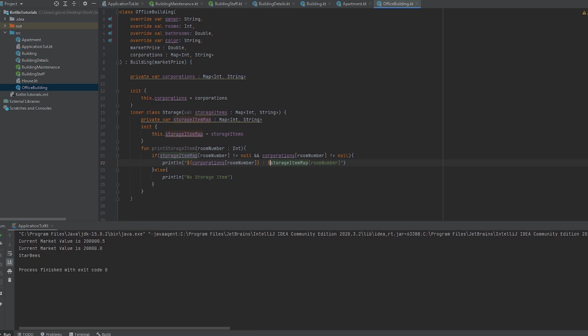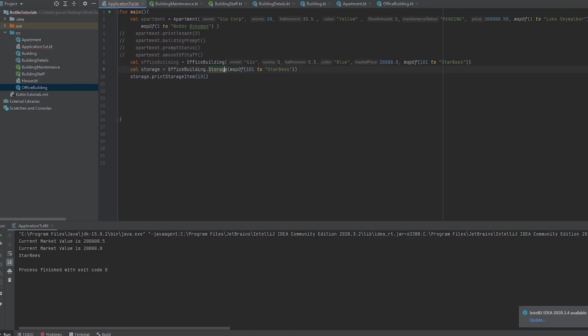Oh, I missed the $. Then plug that in there, and now we should be good to go. Alright, so we got to make sure that the map is holding a specific room number for that corporation, and that corporation has that item within the storage, so that they're both not null. So now if I go back into the application